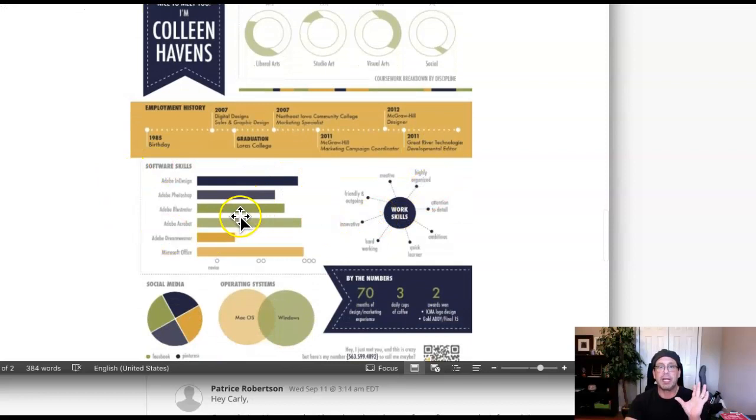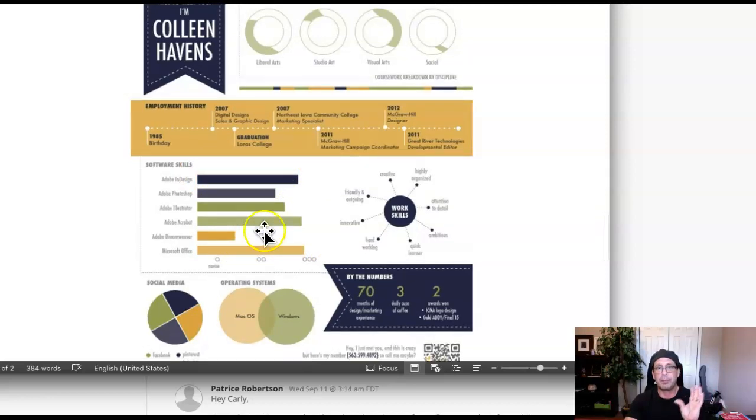This is something we see a lot. We see this is really trendy right now. We have these different software applications, and then we have kind of a measure of how effective they are. But to me, this is ineffective. This doesn't give me any information. This is saying that Adobe InDesign, you're this good. Okay, but in Photoshop, you're only this good. But what kind of information is this giving me? Do you see what I'm saying? In Dreamweaver, you're only this good, but then you're this good. And this visual attribute,